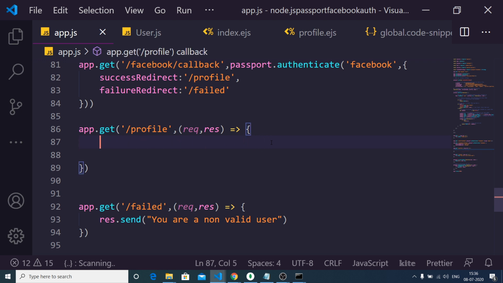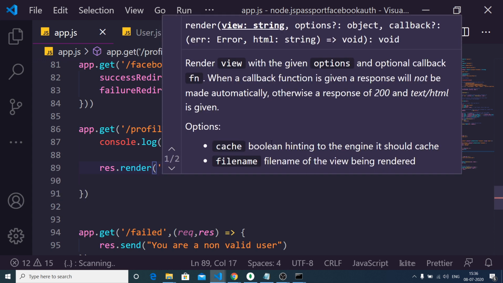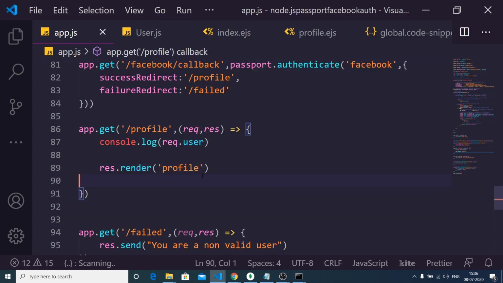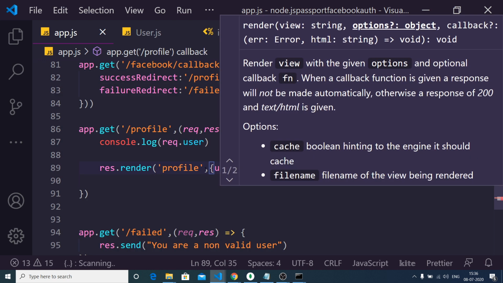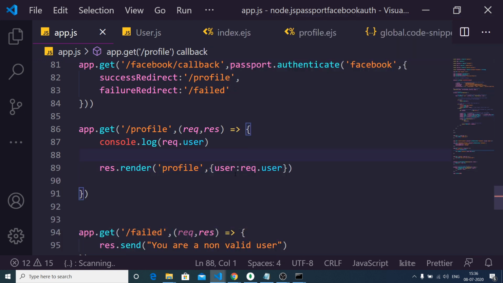First of all, we can console log this information by request.user, and then we can send it out to the template like this, which is user to request.user. You can see that.